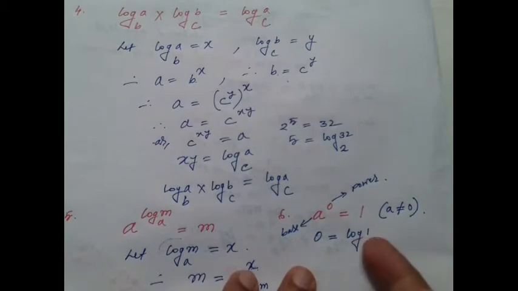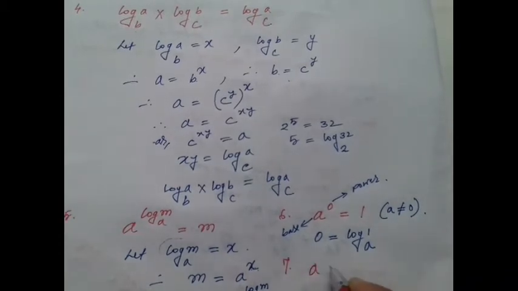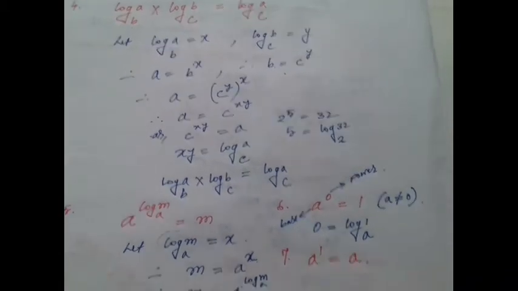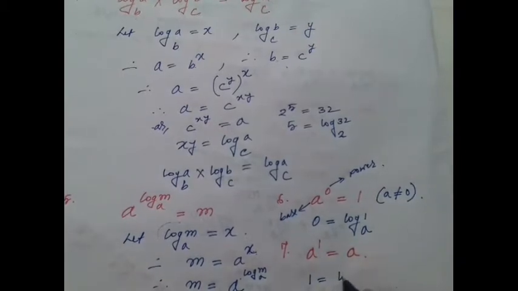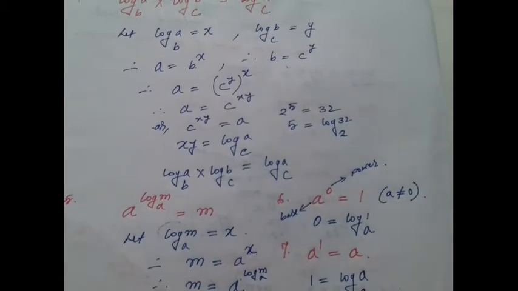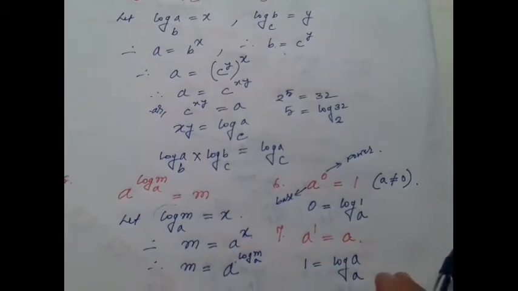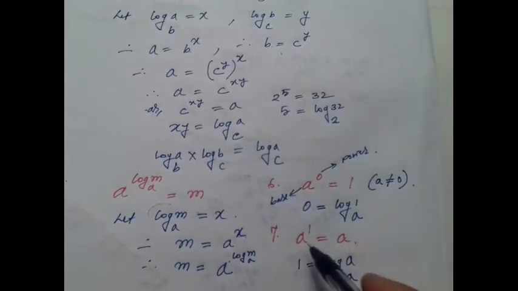So basically the value of log 1 is 0. Again we have a to the power 1 equals a. So, here the power is 1, so 1 equals log a to the base a. Okay, we'll use this formula in so many problems. This one is the basic formula, that a to the power 1 equals a, and from this we are getting 1 equals log a to the base a. Okay,